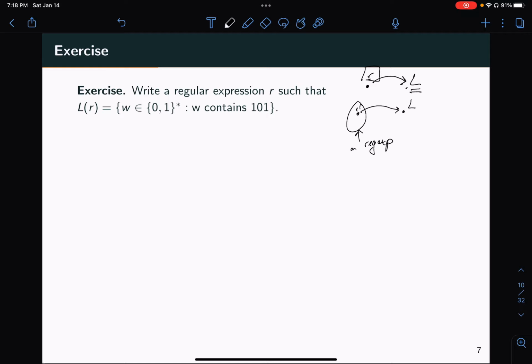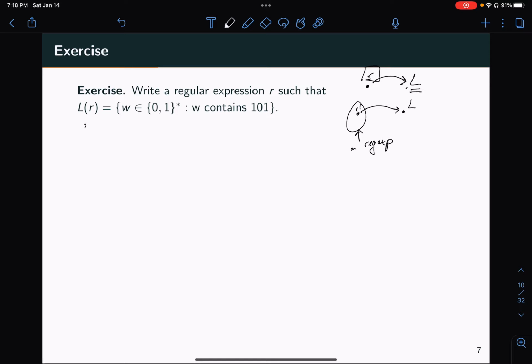A regular expression doesn't accept a string, it denotes a string. So you have to think about the general pattern